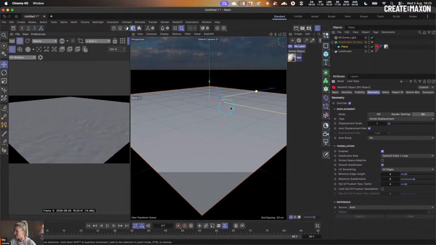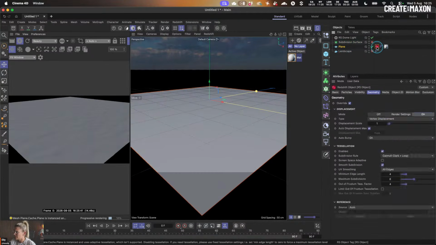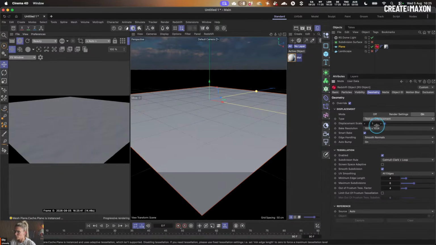Introducing texture displacement. Right, I am going to pull this out of my subdivision surface, even though it was off, just to really show you. I'm going to come into here, change this drop down, and override it now to texture displacement. And ooh, all of a sudden, we're still in clay mode, and we're getting a result that actually looks pretty similar to what it should be looking like,